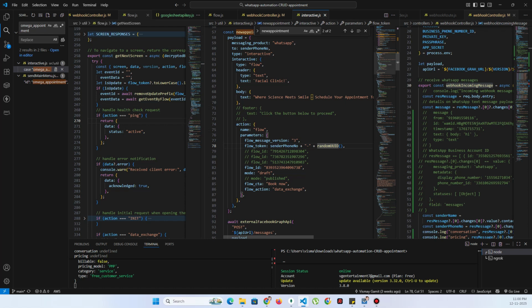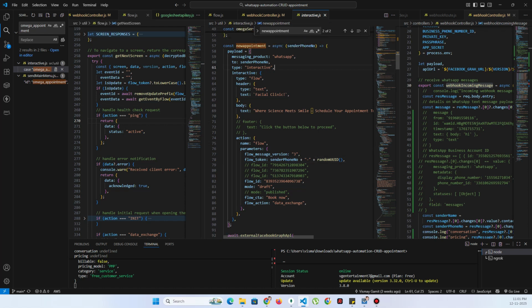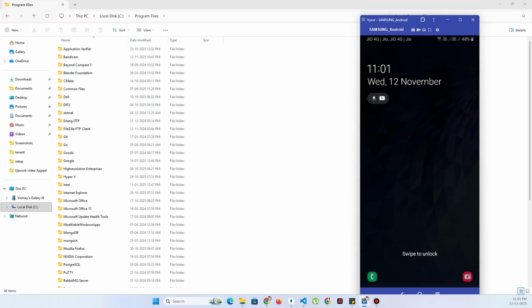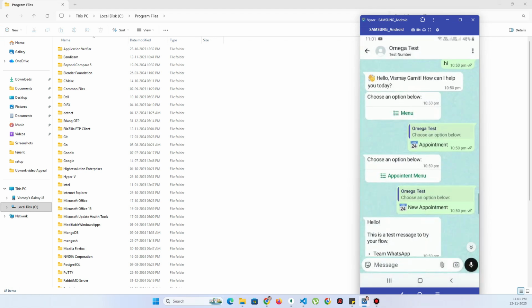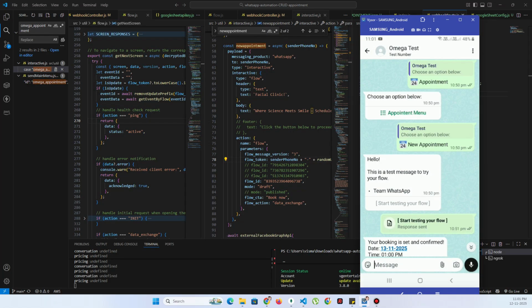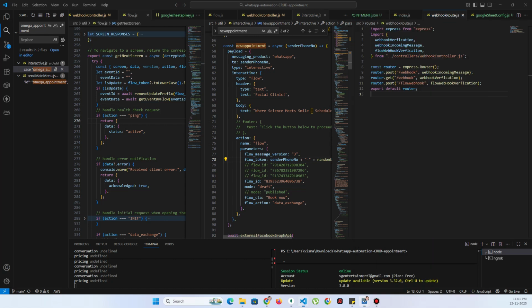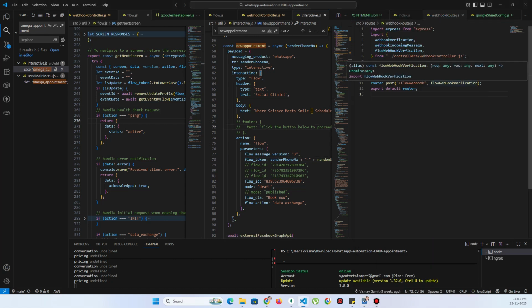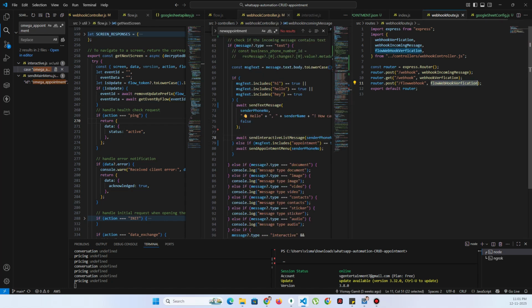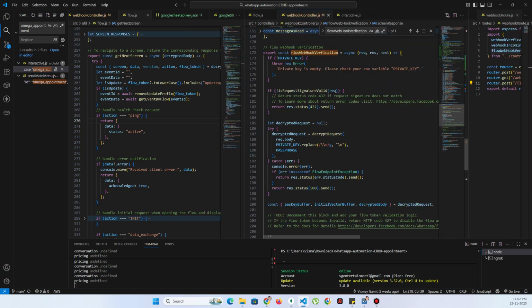So once I send this new appointment, I will receive the flow, this one. When I click on start testing your flow, this will open the flow. It will go through this routing, then open the flow webhook verification. Once the flow webhook verification API is called, it decrypts the request here